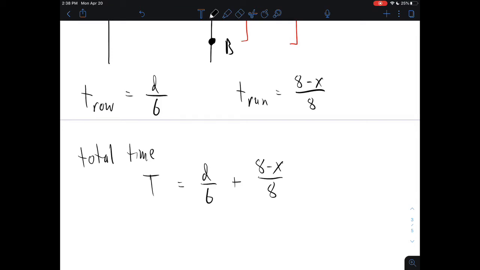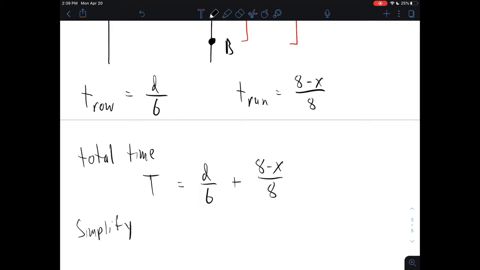Okay, so now we've got a formula that relates the time with the distances. So notice here I have 3 variables, capital T, d, and x. If you remember from the first example, things become a little bit easier if I have the least amount of variables as possible. So to simplify,